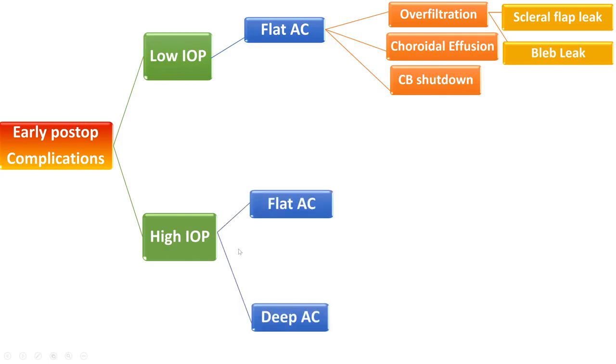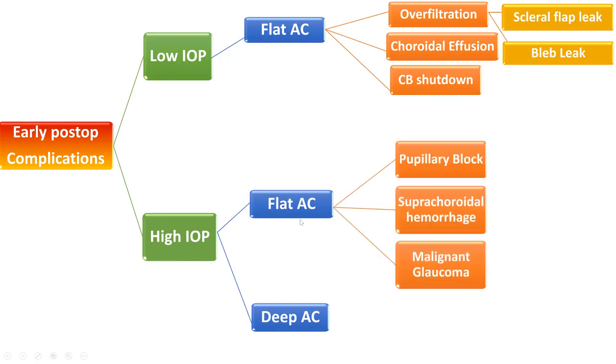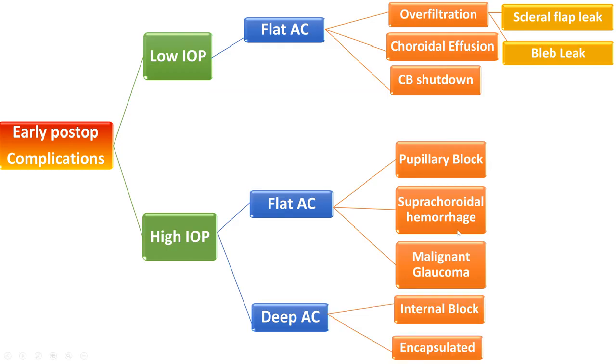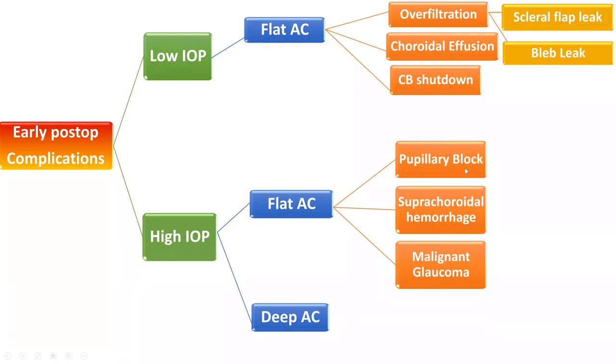If there is high intraocular pressure, it could be associated with either a flat anterior chamber or a deep anterior chamber. For the flat anterior chamber, the high intraocular pressure could be due to pupillary block. It can be blocked by blood, by pigment, or by viscoelastics. So this is one possibility, but after testing the PI,